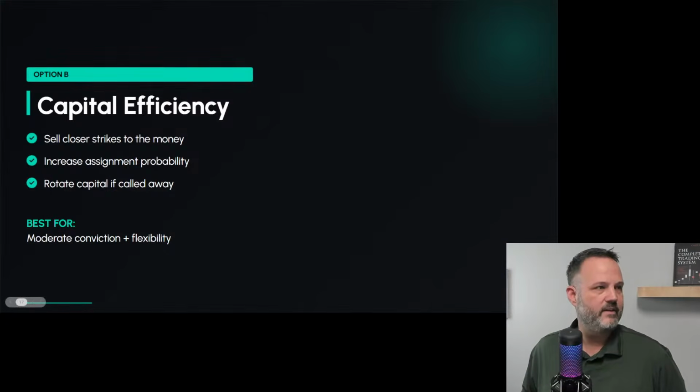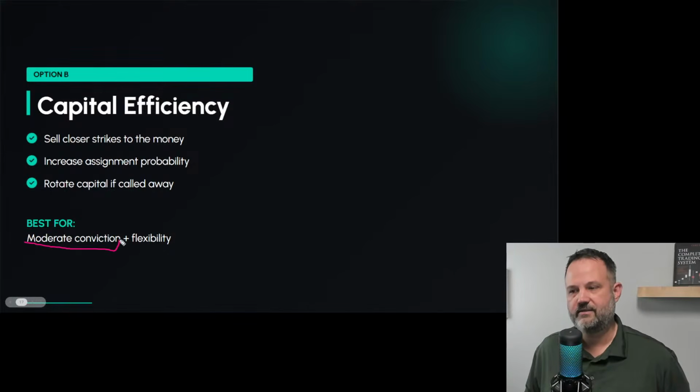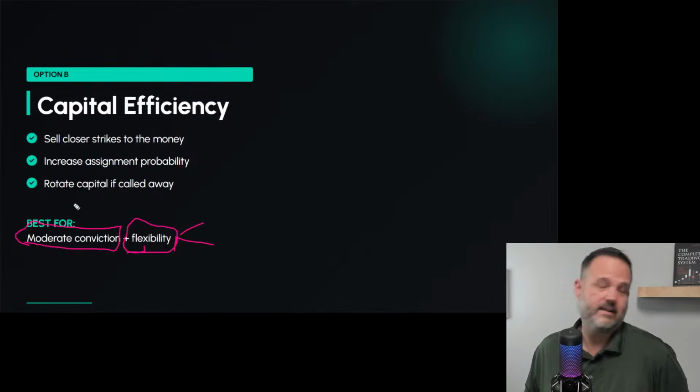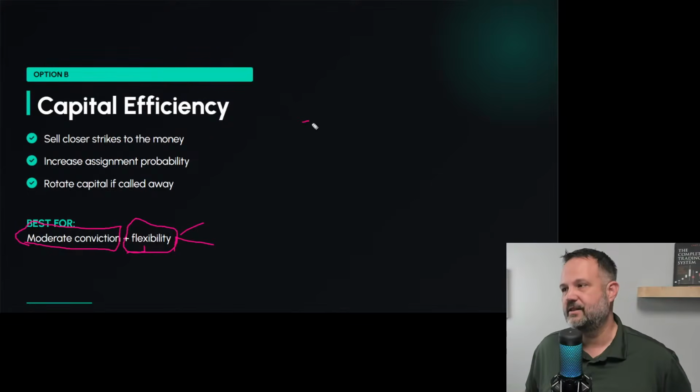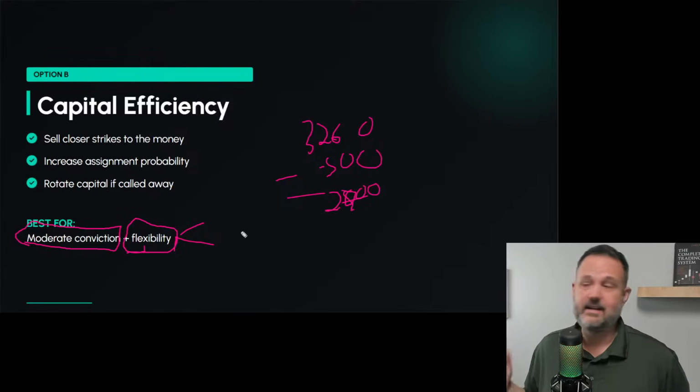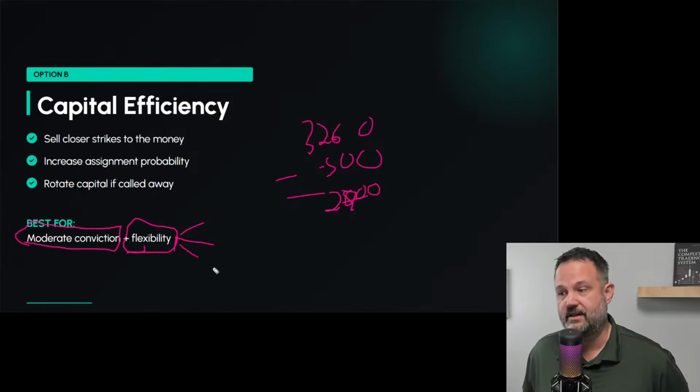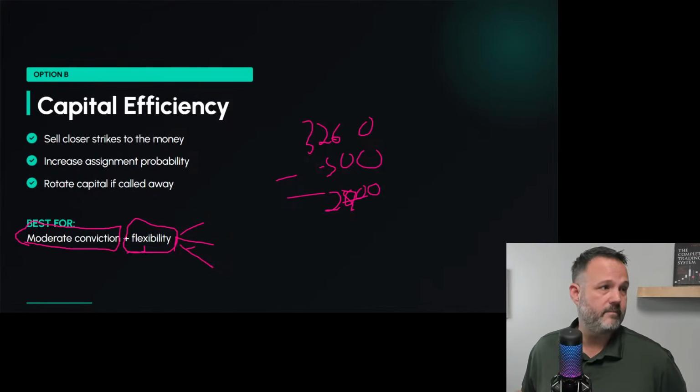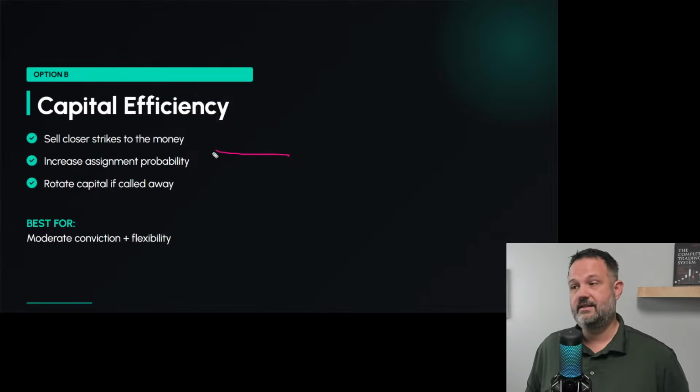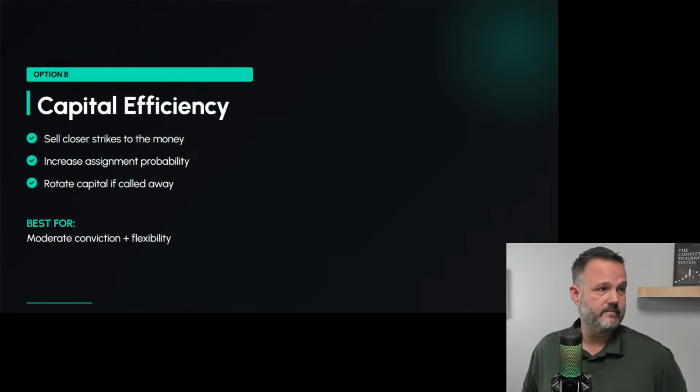And so then this one is good for moderate conviction, like, okay, I just want to get out of it, but let me make some money on the way out, right? That's a good option, right? This is good because now instead of losing the 3,260, we are going to minus 500 from that, right? And now we're only at 2,800 loss or 2,700, right? Again, that makes a big difference. And who knows, we might do this a couple times and make that up even quicker, okay? So this is not bad either.